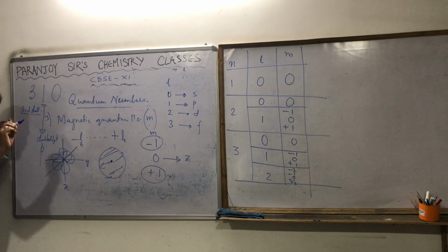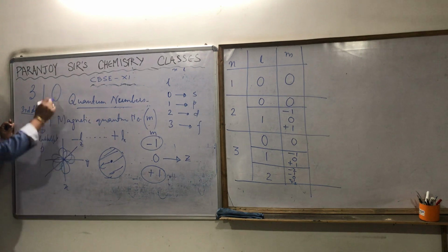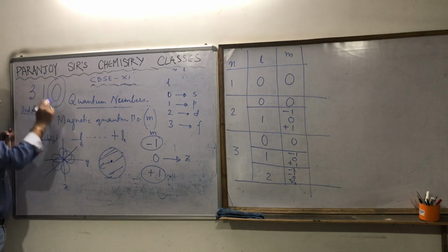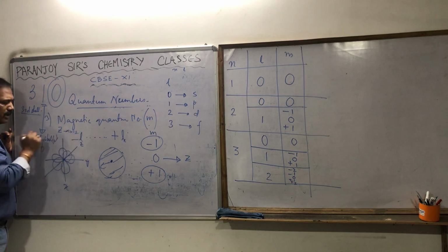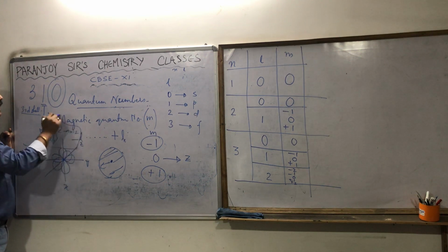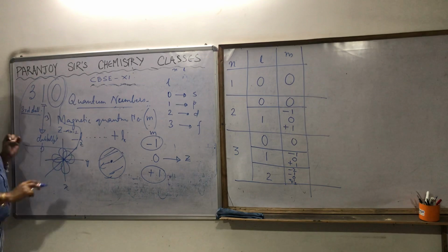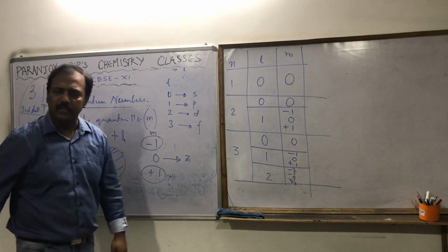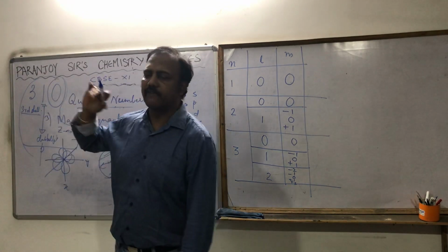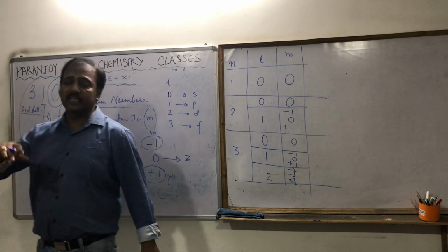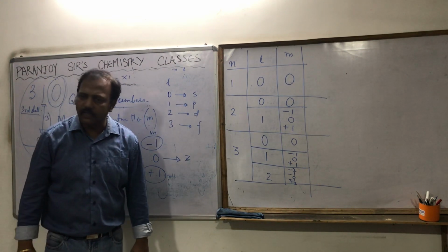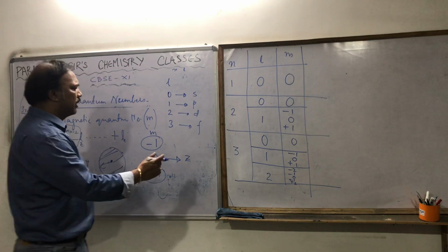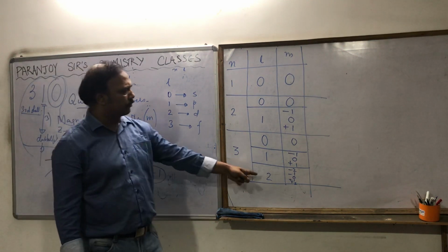Now, in which direction is that dumbbell oriented? The value of m as 0 indicates that it is oriented along the z-axis. So you can say everything about that particular orbital: in which energy level it is present, what its shape is, and how it is directed. Clear? Now, if l is equal to 2, tell me,